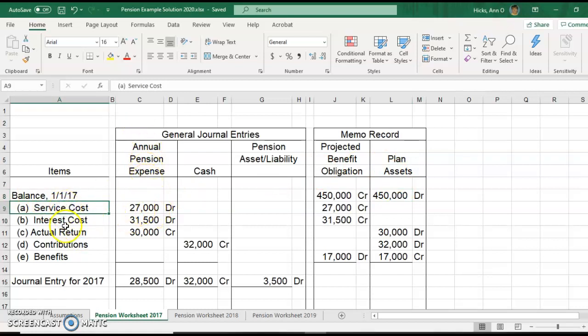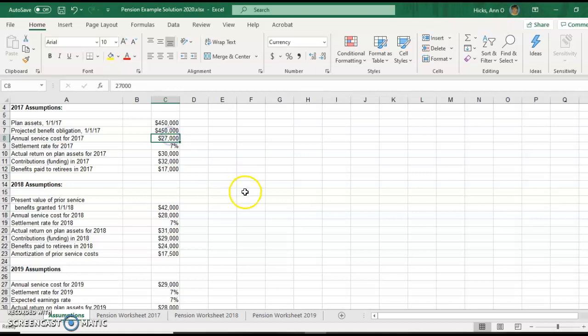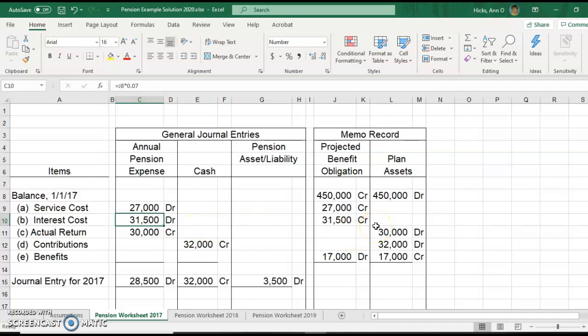You'll notice under items, you'll see a line item for service cost, interest cost, and actual return. If you remember from the other video on the PowerPoints, those are the three items that are always going to be included in your annual pension expense. All of these come from the assumption page. The service cost comes from the annual service cost for 2017. The interest cost is a calculation that is the beginning balance of the projected benefit obligation times that settlement rate